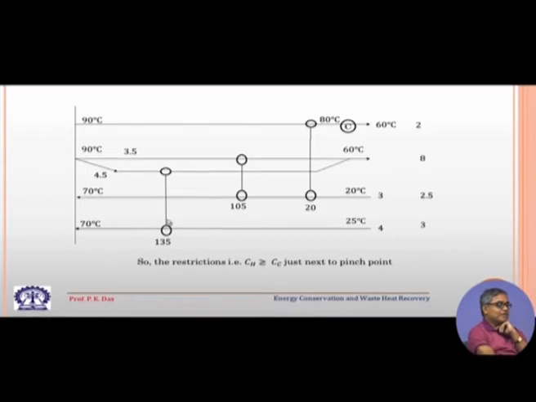So, one heat exchanger we can consider like this, the next heat exchanger we can consider like this, and the first heat exchanger after the pinch point we do, that means this stream's condition is matched and we can tick off this one. Then we can think of the second stream, second heat exchanger. So, this heat exchanger if we consider, then this stream which has to reach 60 degree Celsius can be brought to 60 degree Celsius, we can tick off this.